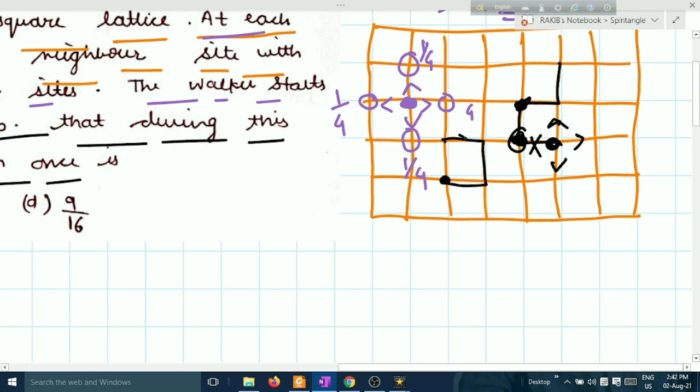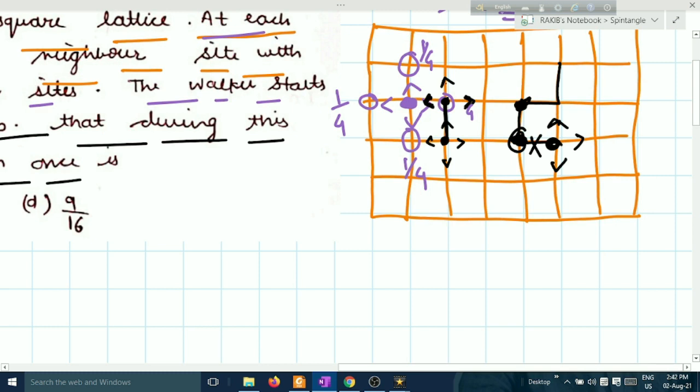If you cannot visit this way, these ways are not allowed. Okay, so standing on this point, I consider one thing. Suppose you are starting from this point, you have how many ways? You have 4 ways. And when you are standing on this point, suppose you are taking this path, when you are standing on this point, you have only 3 allowed paths, because the reverse way is not allowed.